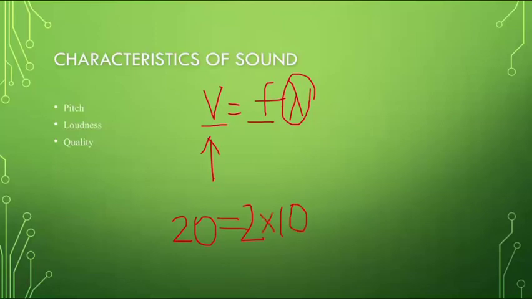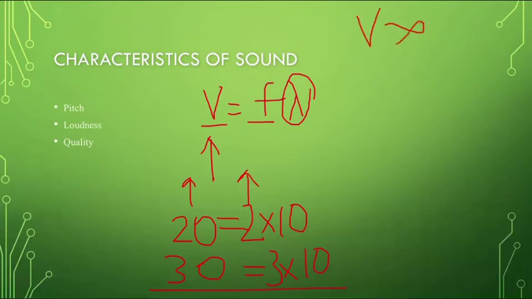But if I increase my speed to 30 and I keep my wavelength constant because I need to check the relationship between speed and frequency, what happens to the frequency? It has to be 3 to make this equation correct. And so as the speed increased from 20 to 30, the frequency also increased from 2 to 3, which means that speed and frequency